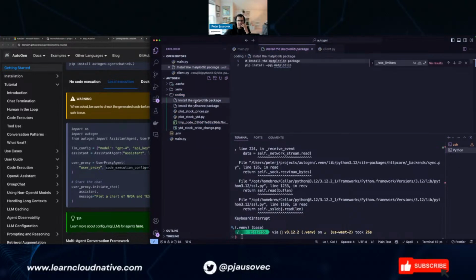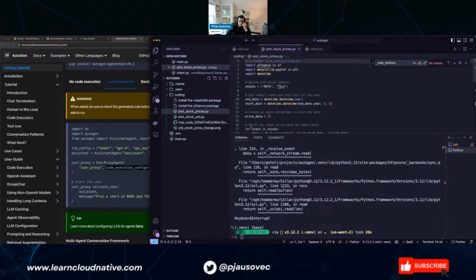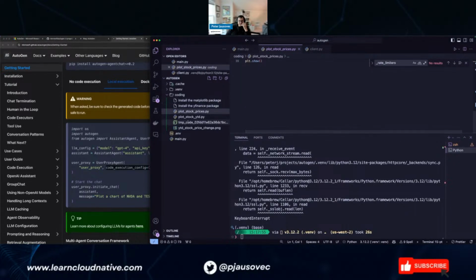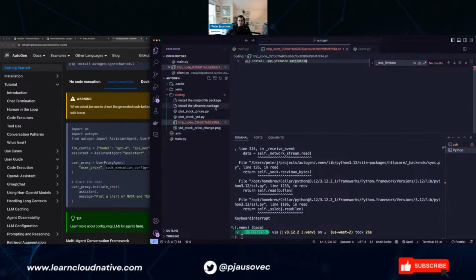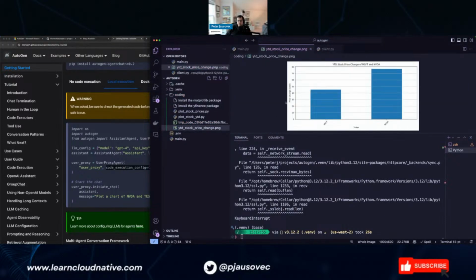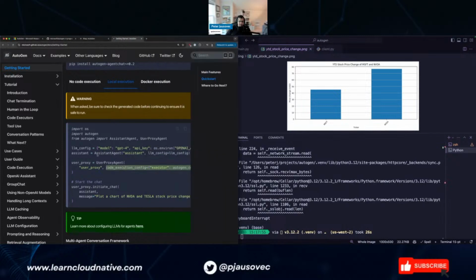Here's the code that it generated. For each step that required my input, it actually created the output of what I have to do, like install this. Or I'm assuming I could have another agent, a coding agent, that goes and executes these. Or I guess this one can do it. And then it plotted the stock prices and wrote the code. In this instance, it actually created a shell script. I don't want to do that. And we got a screenshot as well. All right, interesting.